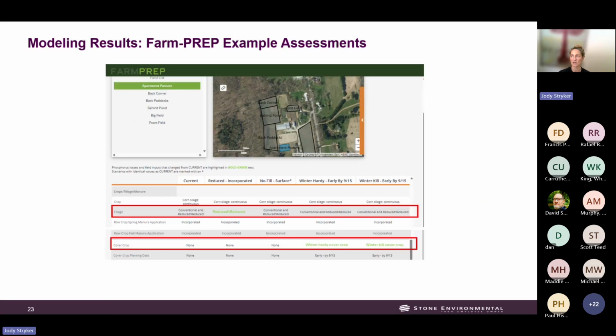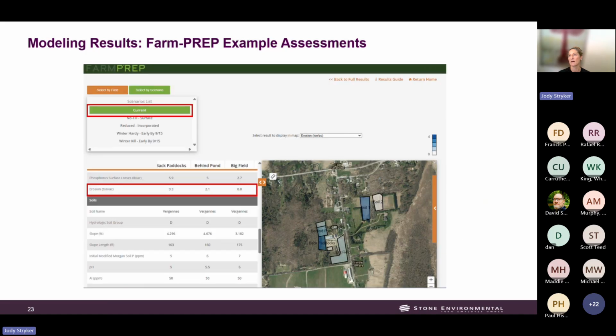The farm scale management scenarios all open up so you can see results for each of your fields. And we have this comparison module such that users can select scenarios and bring them into a different view that allows for either comparison of each field across those scenarios or comparison of all fields within a scenario. And in this module, you can see both inputs and outputs. So for example, if you notice improvements in soil organic matter based on a scenario,